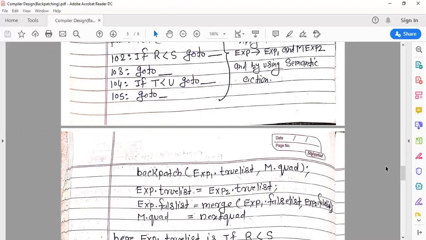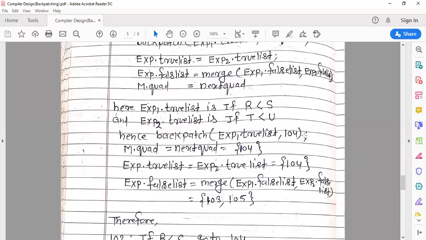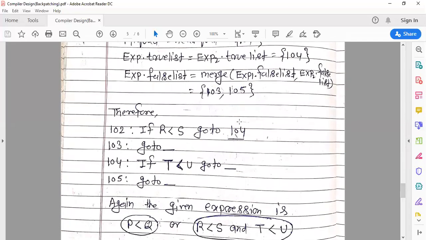So this address 104 is inserted into the label exp1.truelist. Finally, you can see 102 is the true list, and 104 is inserted into 102. Because in the first pass the address was unspecified, now I filled this unspecified address with 104, using the backpatch function.